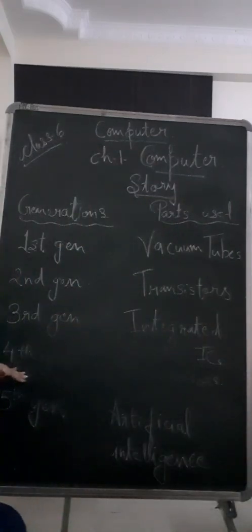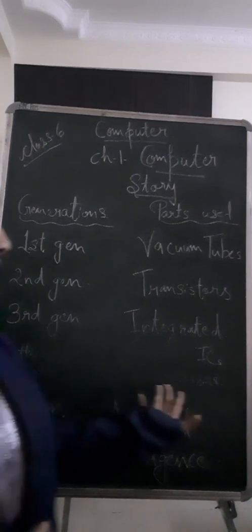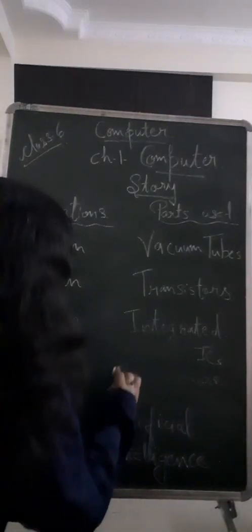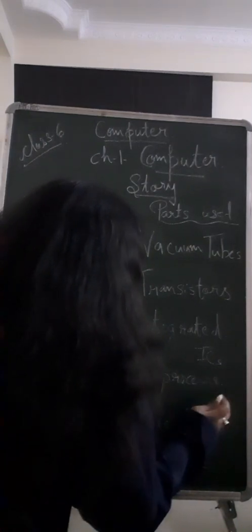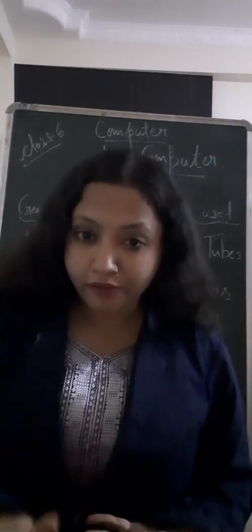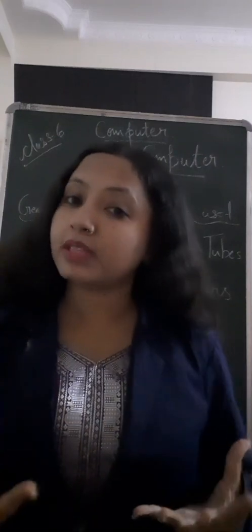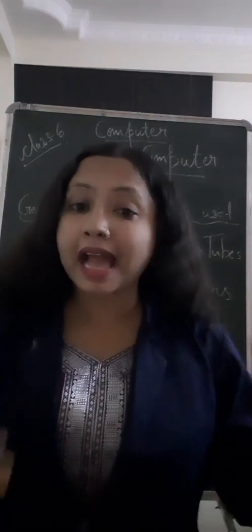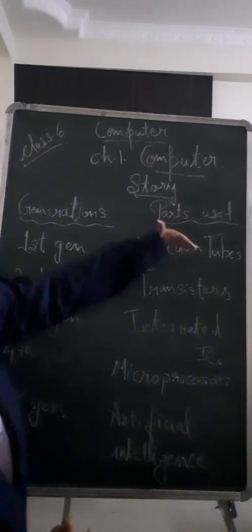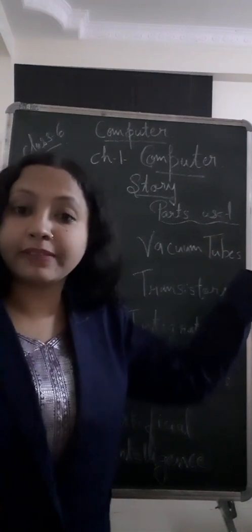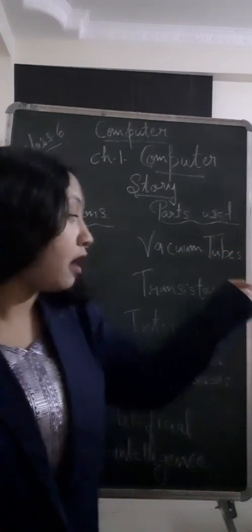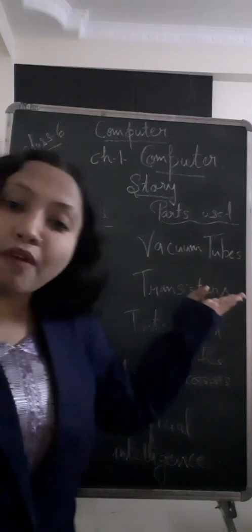Now, children, then next we had the fourth generation. That was using the microprocessor. Okay, children, so in the fourth generation we were using microprocessors. The microprocessor was very much smaller in size, more powerful, and could store more. It was faster, to enhance the quality of a computer. So children, slowly computers started to evolve. They became much better and very powerful with the evolving time, children.